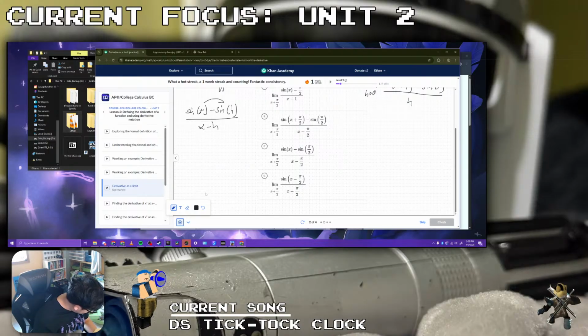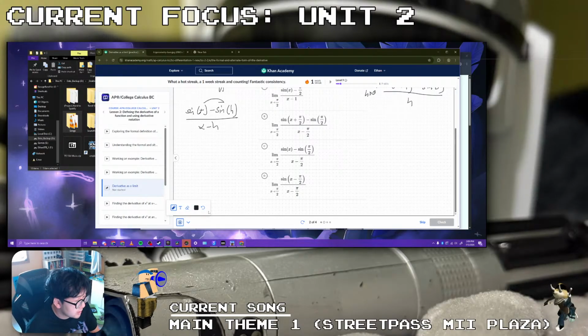We get average rate of change. Yeah, it's just f of x plus h minus f of x over h. You don't have to know the other one. Next, and then eventually you get power rule, so it doesn't even matter. Oh, I guess, okay, so there is the alternate form of the derivative: f of x minus f of c over x minus c. So I guess in this case,